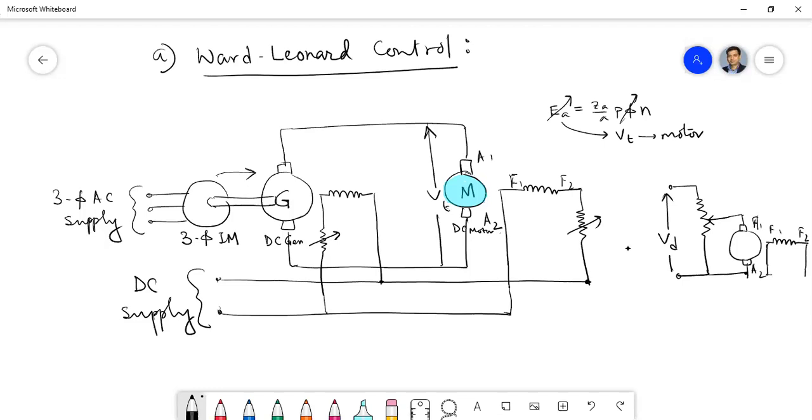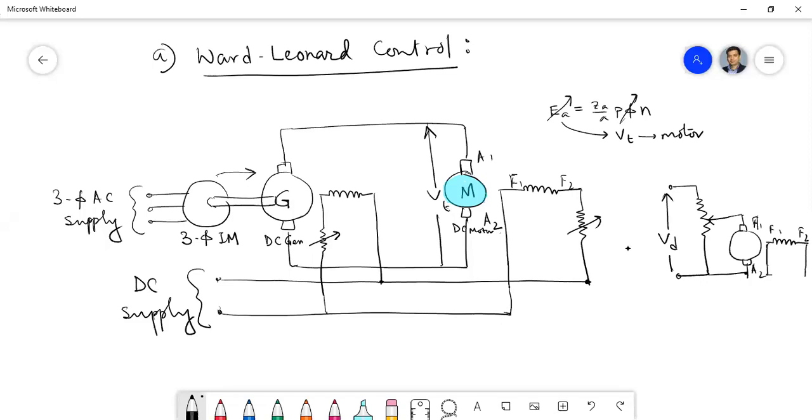And nowadays, I will discuss that actually. Nowadays, terminal voltage control becomes quite easy, by the invention of solid state converters. Nobody uses this Ward Leonard control now because multiple rotating machines are involved, and these rotating machines have their own fixed losses, like mechanical losses and no load losses.